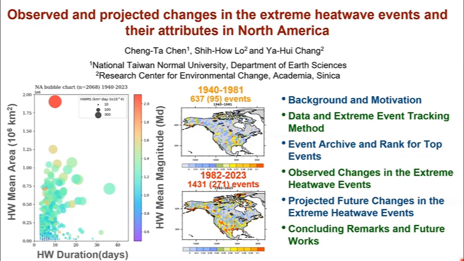Recently, he has been developing a way to identify extreme events in a different way that most people don't use. So I feel that's a very interesting new method to detect these extreme events, because it helps us to find out what is the physical mechanism behind the extreme event. So today, he will be telling us about applying this method, particularly for North America.